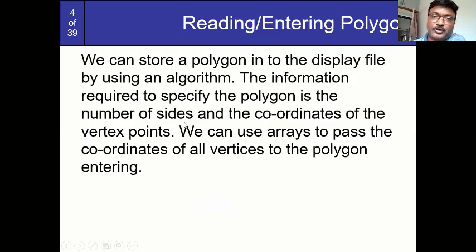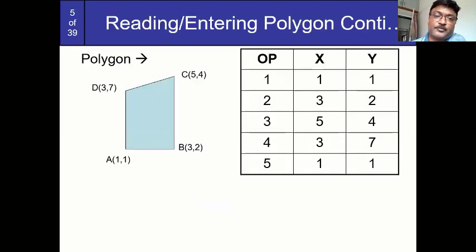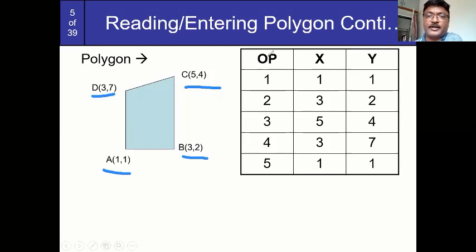Now we can store the polygon by using a two-dimensional array. Okay. So how can you store the polygon in a two-dimensional array? Suppose this is one of my polygons with the coordinates A(1,1), B(3,2), C(5,4), and D(3,7). So that you have to store. Suppose this is my array. OP is the array. That array has 1, 2, 3, 4. I have stored all the points, and the fifth point I again have to store the same as the first coordinates, because I have to start the line to draw first